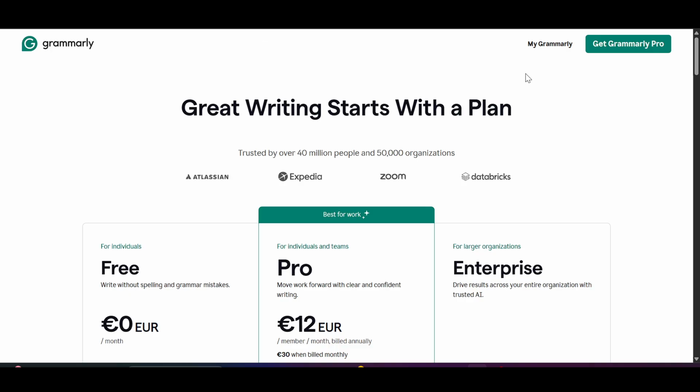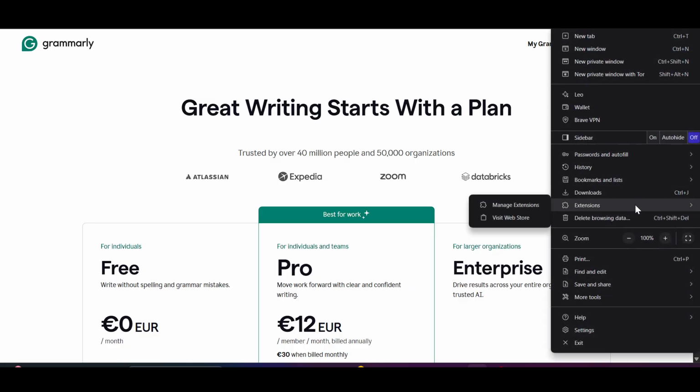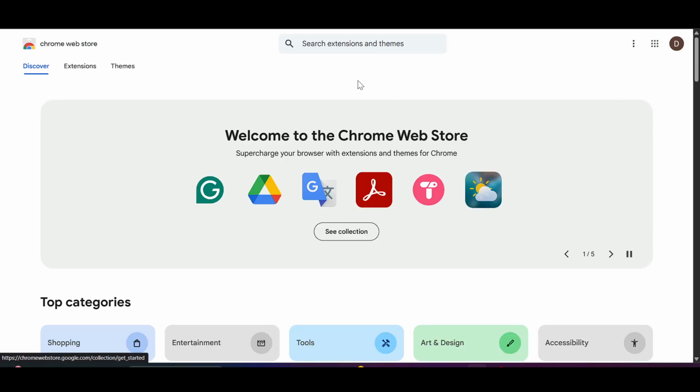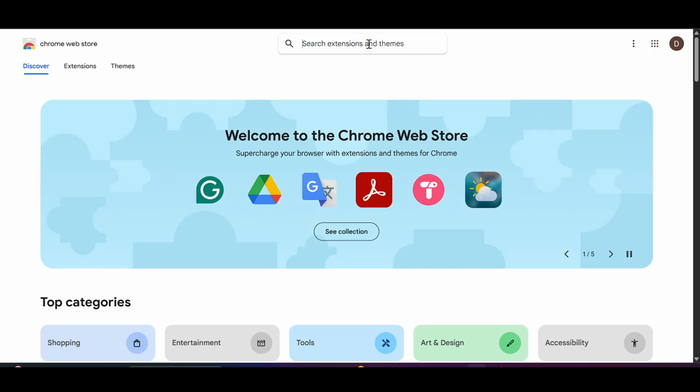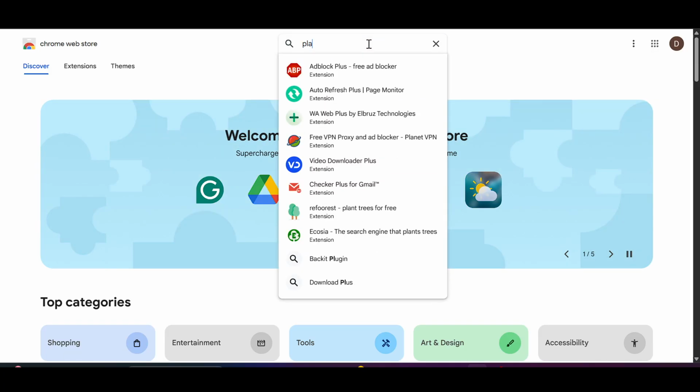But if you want a free plagiarism check, just simply click on this puzzle-like icon known as extensions, or if you are in your Chrome browser, on your right side, click on three dots and you will see this extensions option over here, and you can visit web store from here. Now, after visiting web store, just simply type plagiarism